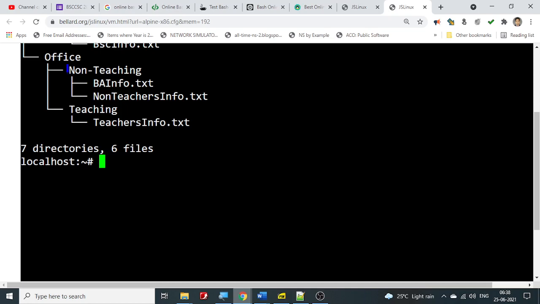There is this one folder, the next one folder, at the very immediate level, not going inside the other levels. Teachers info is inside teachers, BA info is inside non-teaching, and non-teachers info is inside. So inside Office there are no files, only two folders. So they have asked us to count how many files are there inside the